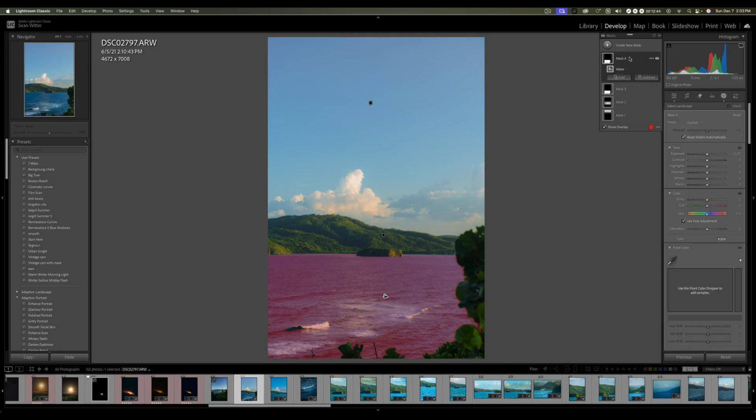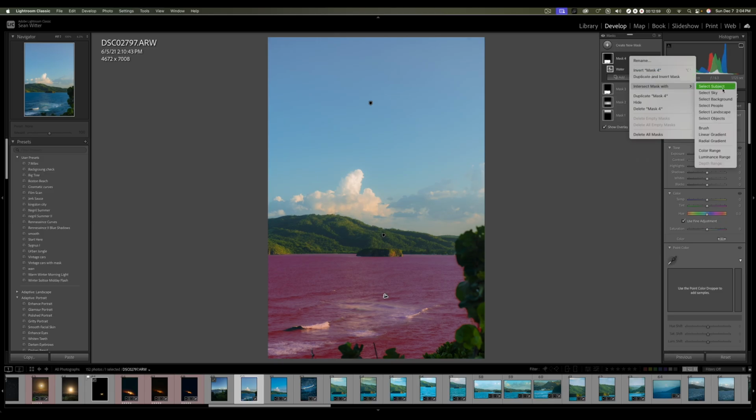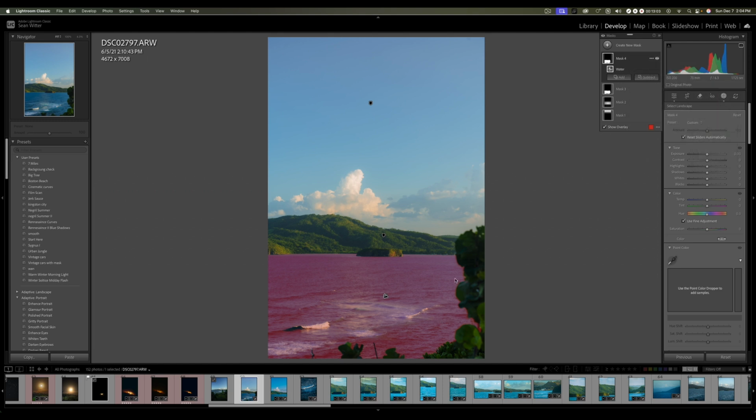But now I'm going to show you a little secret. If I right click on the water mask that I just created, this little menu pops up. Go down to intersect with mask, and then I'm going to go linear gradient. So I'm going to be using this gradient now. Took it from the wrong angle. So I'm going to be using this gradient now to further alter the water mask that I have made,